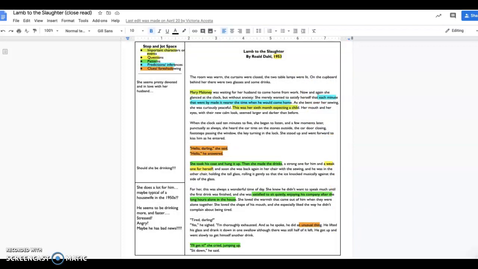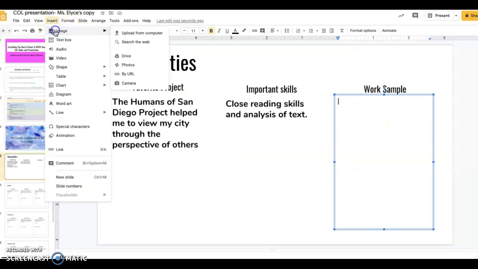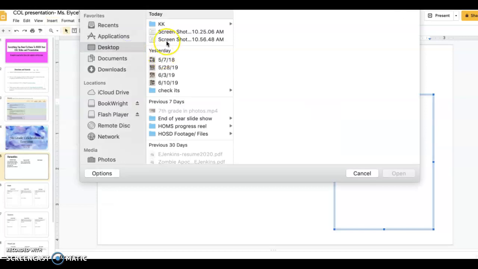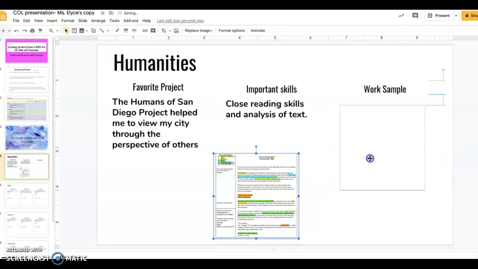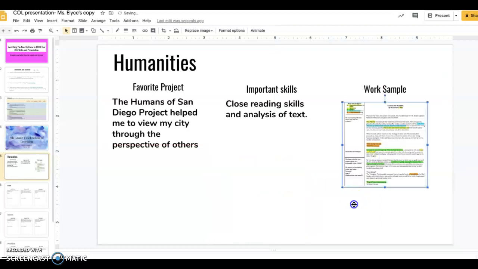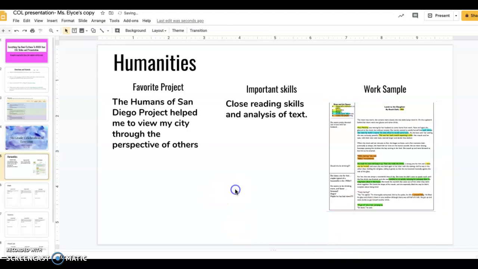I'm going to make sure that it's saved to my desktop. And then I'll go back to my presentation, and I'm gonna insert that image right onto my slides. Let's make it a little bigger. There we go. Okay. So now I've answered all of the prompts for humanities with 1 or 2 sentences, and